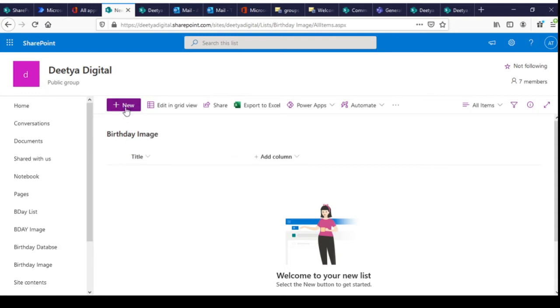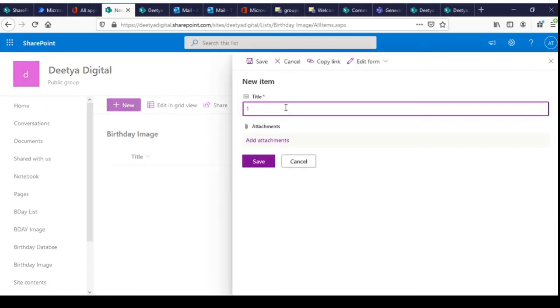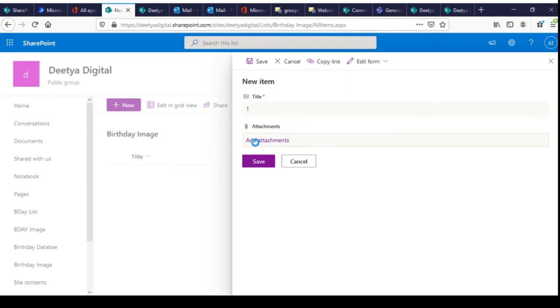So I'll just quickly click one, click on add attachment. Give me 1 minute. I'll put some images.